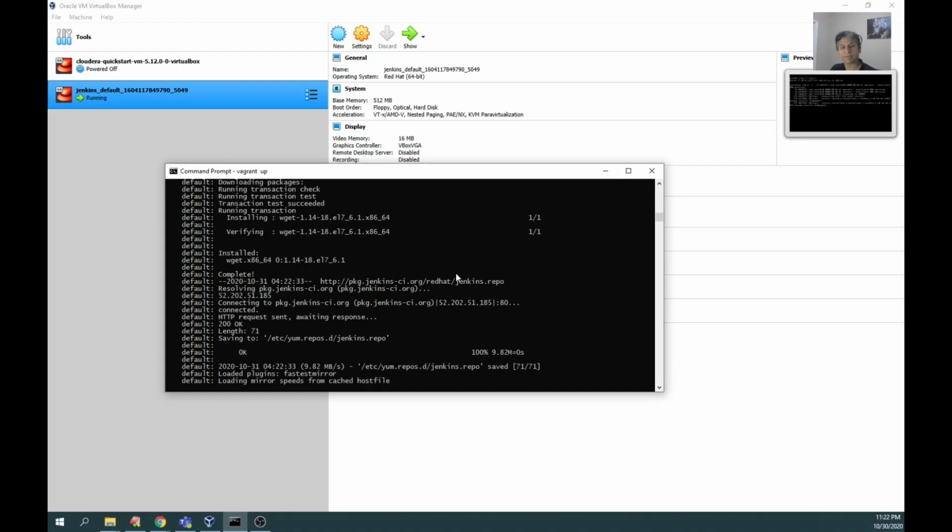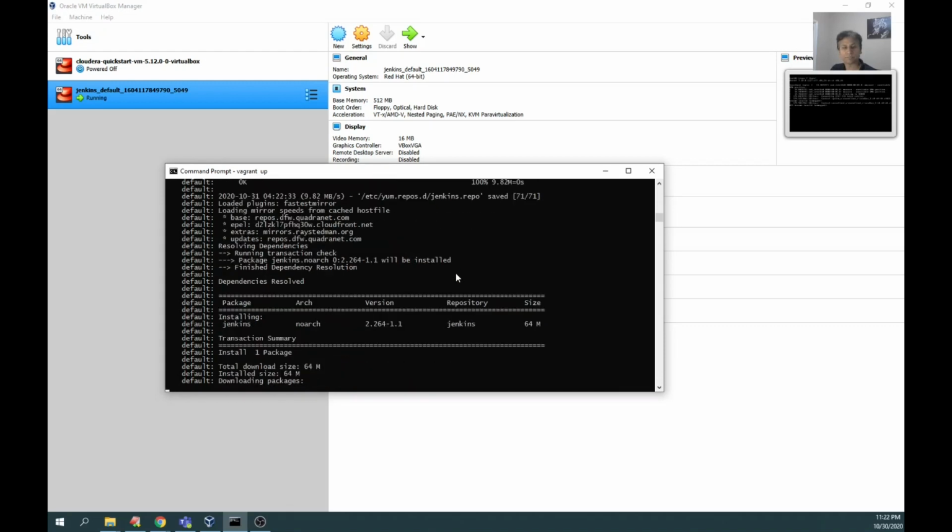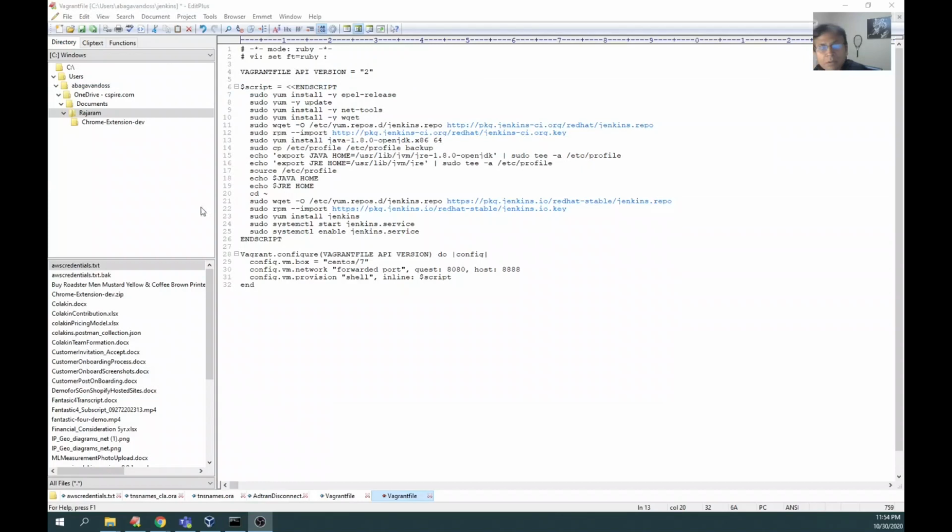Finally, it's saving into the Jenkins repo. Here is a modification in the installation script. I'm exporting directly into /etc/profile and sourcing it.